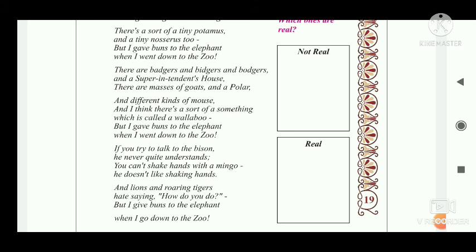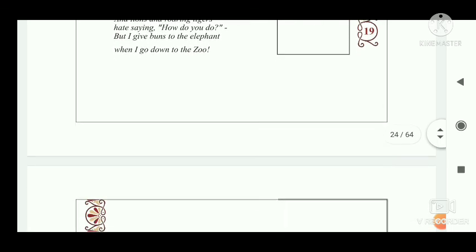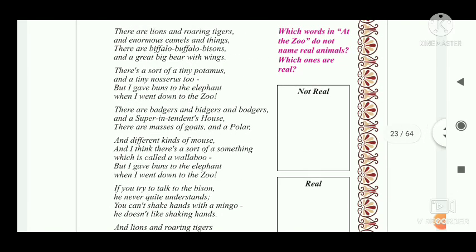He doesn't like shaking hands. Here also mingo is not the real word, but mongoose is the real word. And a lion and roaring tigers, but having how do you do? But I give buns to the elephant when I go down to the zoo. Okay, so now here we understand, so what we do in this activity is only find out which word is not real and which word is real, you write down in these two boxes. Okay, so this activity you also copy in the textbook. And how you write down in the notebook,